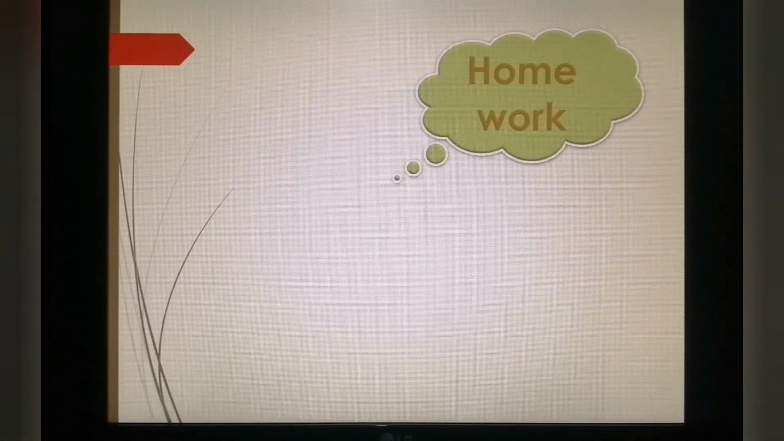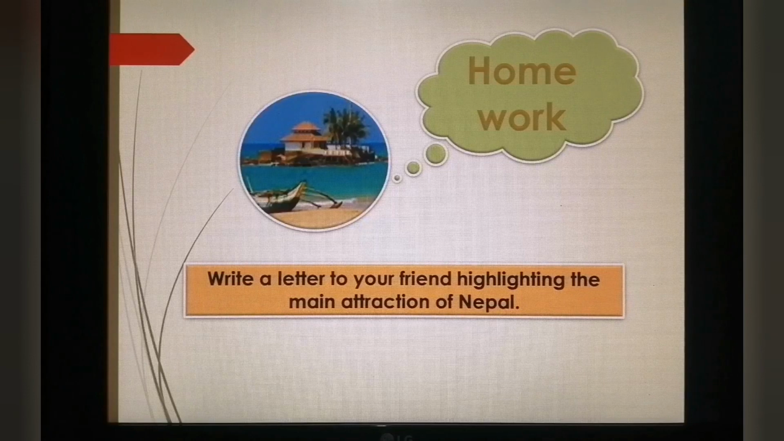Students, now take down your homework. Write a letter to your friend highlighting the main attractions of Nepal. Students, write a letter and you will get it checked by your